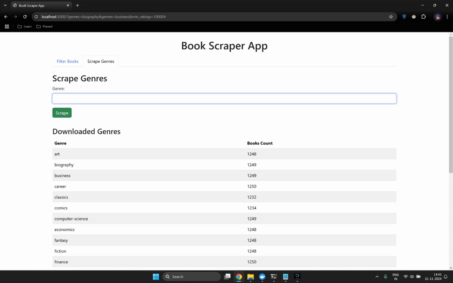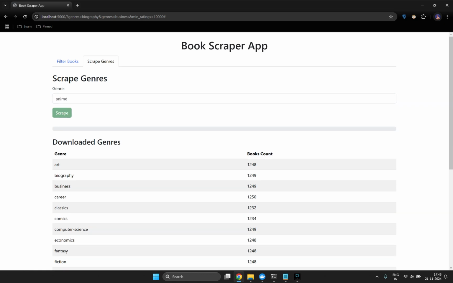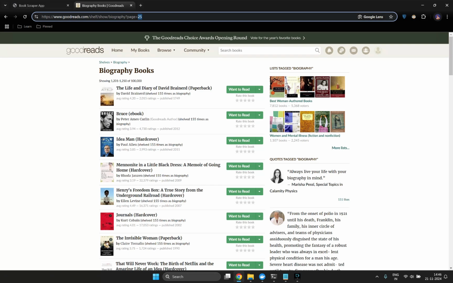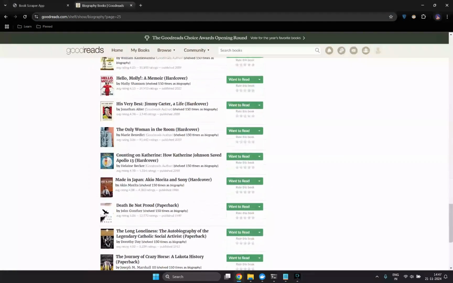So for example, we are going to do anime. Just scrape it. We wait for this to go to completion. It's going to download the first 25 pages of the genre page in Goodreads, which I'll show you briefly. Goodreads only hosts 25 pages. So this is the biography genre and we are on page 25. If we go to page 26,